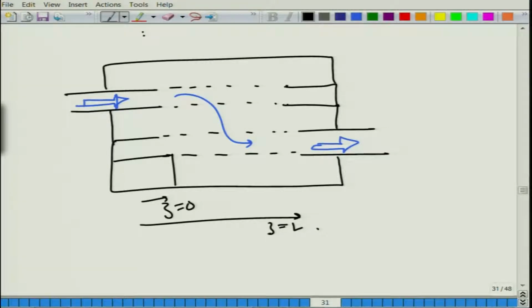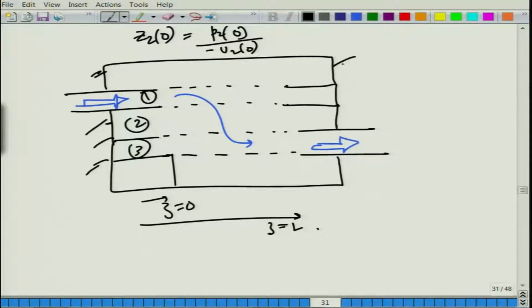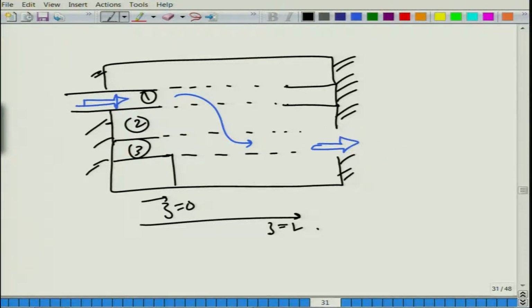What we basically get is your boundary conditions are Z2 at 0 is equal to P2 at 0 divided by minus U2 at 0. So, basically 2 is this region, 1 is this guy, 3 is here. So, basically at this point we are assuming a rigid walled end plate. Okay. They need not always be rigid, but like I have mentioned before, let me write it down on a different page, or at least let me reduce the length of this and utilize this space